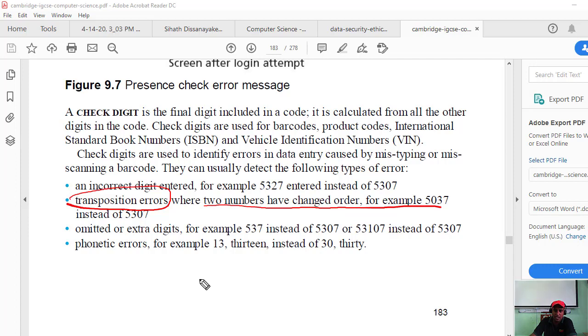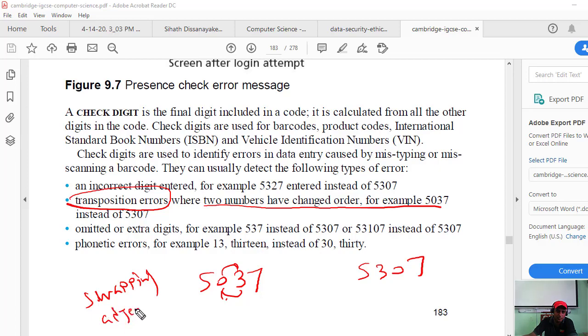The correct value is 05037, but we are getting 5307. That means these numbers are swapped. Swapping the adjacent numbers.